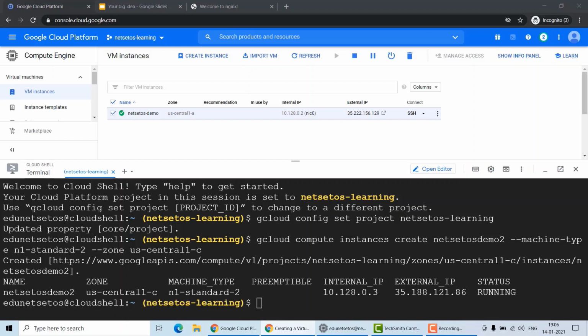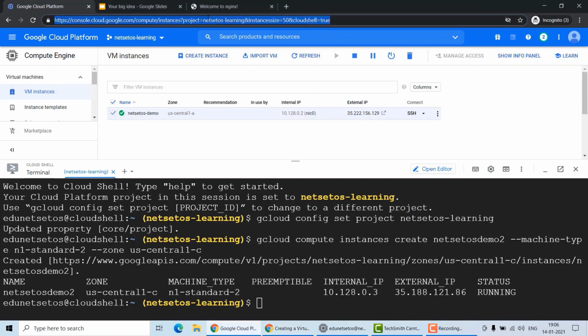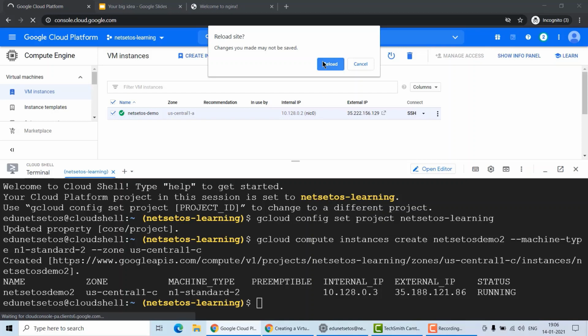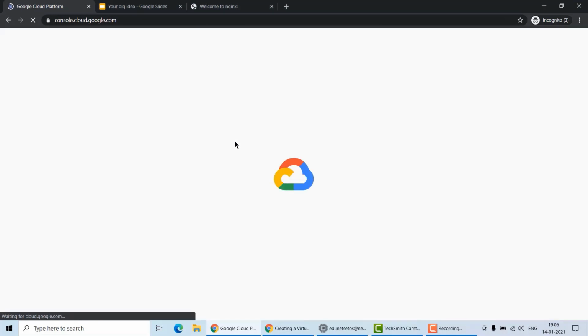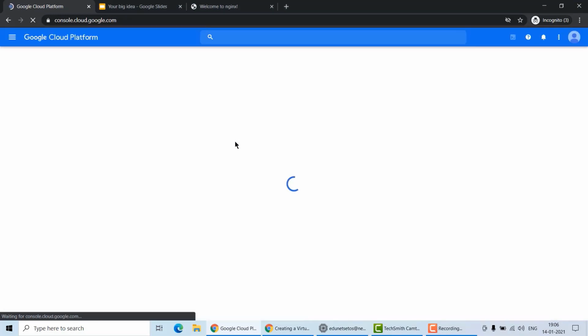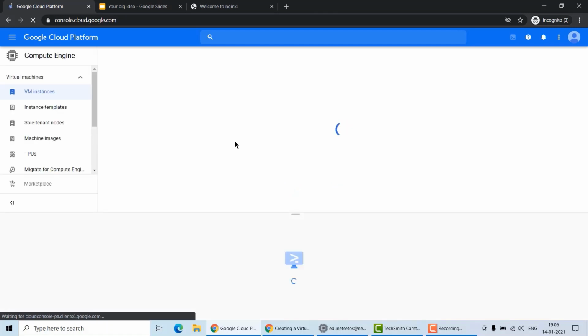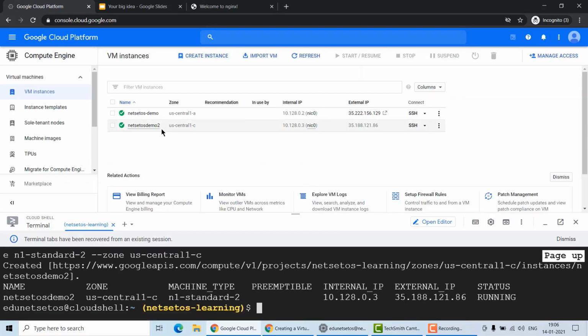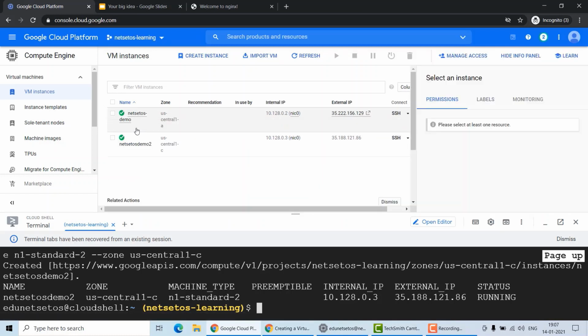As you can see, you have got the details also, of where it is running and how we can create our machine using the command line. If we refresh this page, then definitely we will get our second machine. As you can see, we have got our second machine running, and you can also install a web server here. So as you can see, it's super easy to create your own virtual machine in Google Cloud.